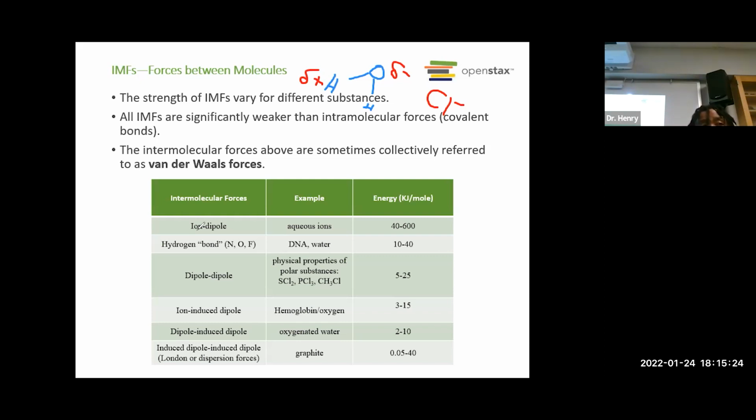Now, when we have something like water interacting with water, it forms what we call a hydrogen bond. A hydrogen bond is just an intermolecular interaction between hydrogen and something that has a strong electronegativity. You guys remember your electronegativity, right? So something like fluorine or chlorine or oxygen. Okay. So in this case, if we had water interacting with water,